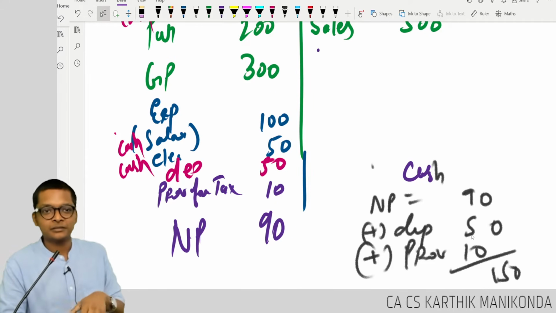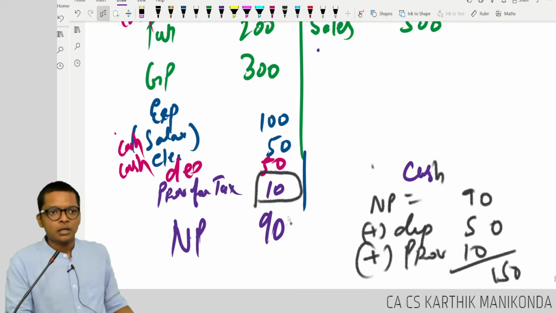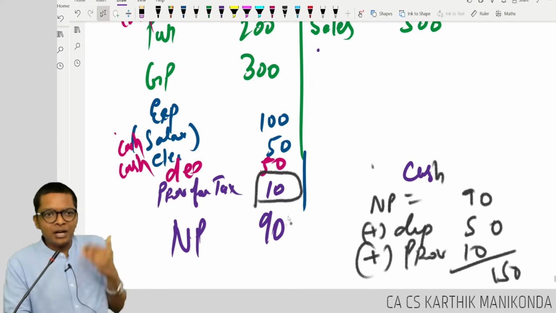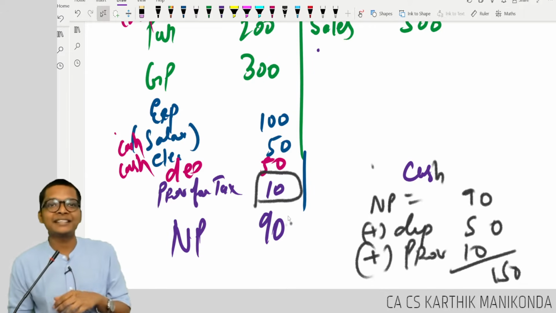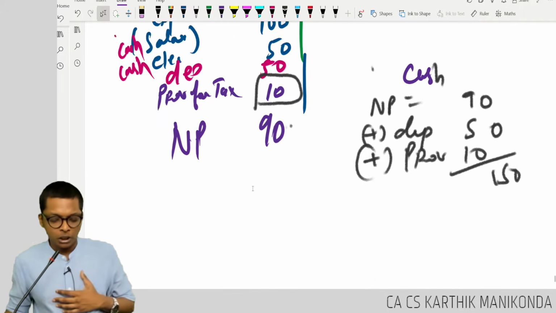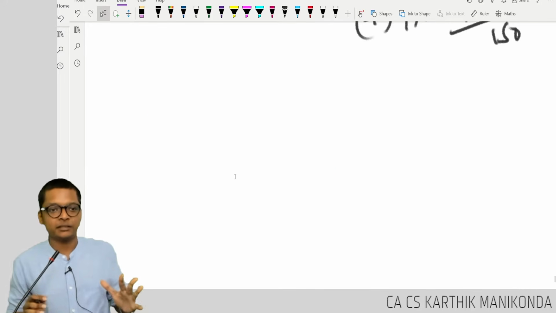So I am doing this. Can I do it like that? Why I am adding 10? Why are you adding this 10, guys, from net profit? Because it's a non-cash expense. It is not an expense that is paid. Are you understanding, guys? So now what we will do in the sum is, forget investing, forget financing, because they